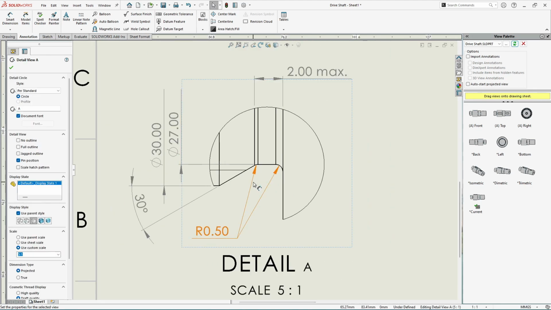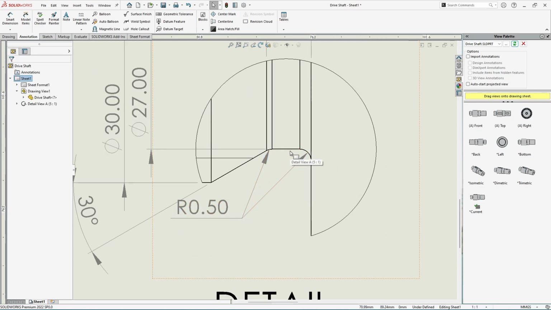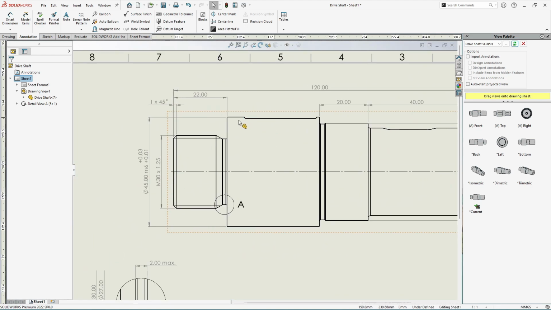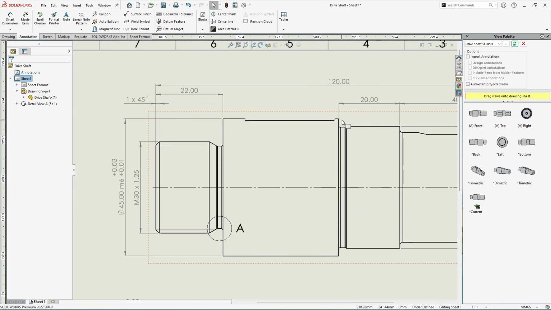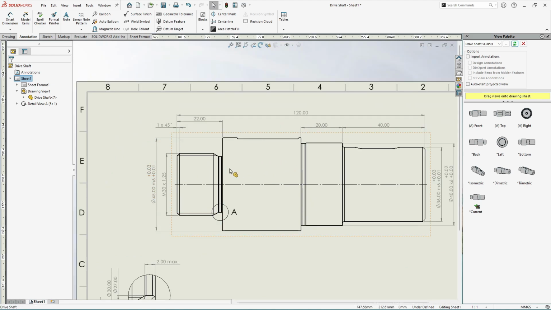Okay, so here we have the radius value for these 2 undercuts, and the radius value for these 2 fillets inside. So we are done with this detail view. Now we have this slot over here, so we need to define the slot also. For that I'm going to create a detail